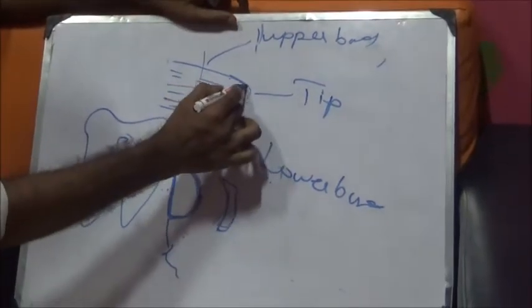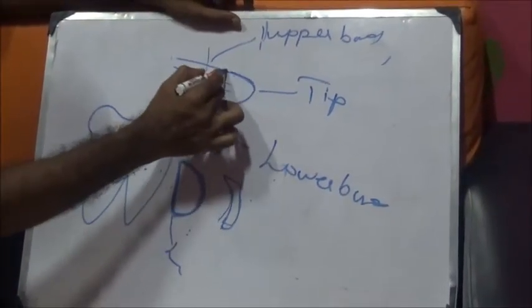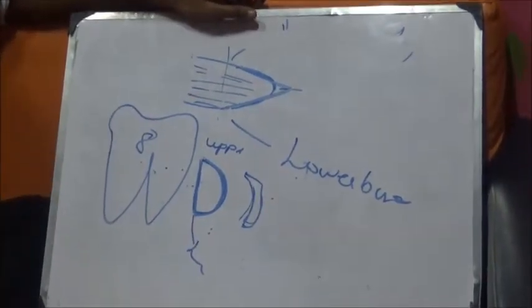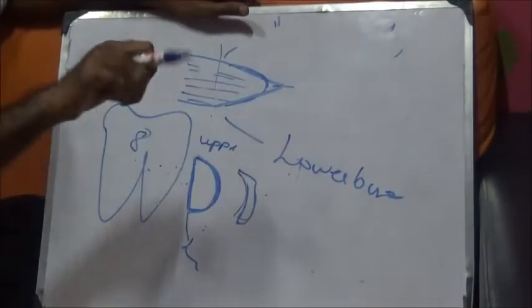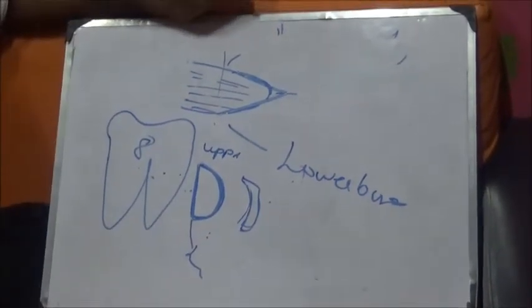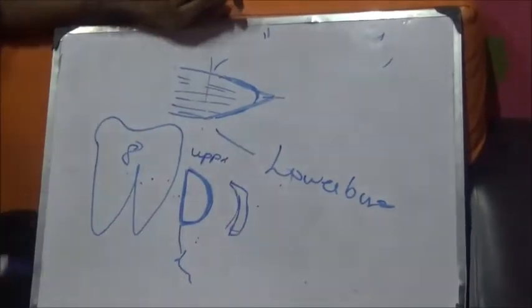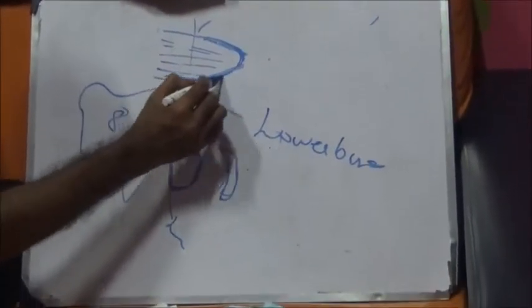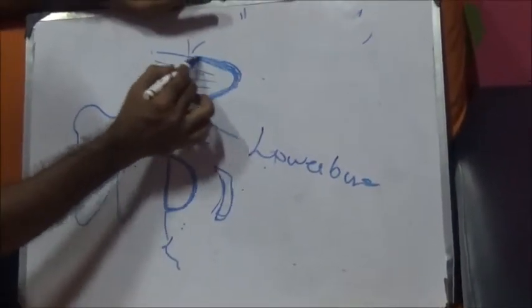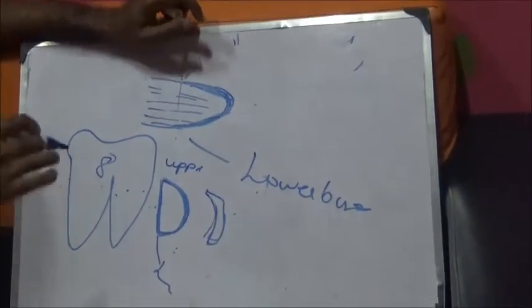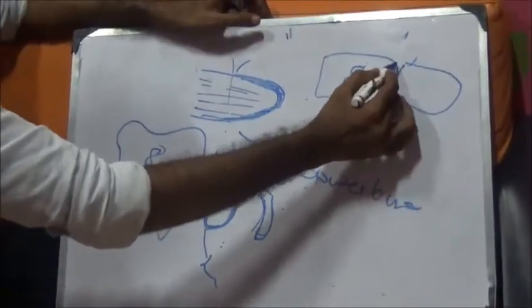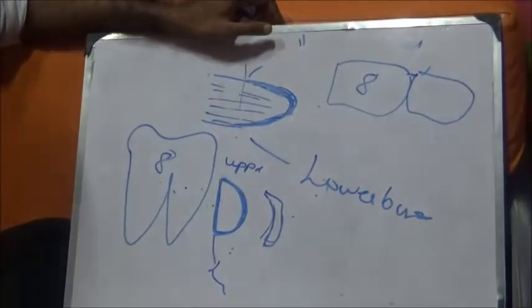So coming to the tip, how should the tip be? If the tip is too sharp, you can insert it easily, but it is difficult to use the elevator to remove the 8, and the tip may become blunt easily, it may bend. If the tip is rounded, you have got some surface here to engage the 8, but it may be difficult to insert deeper. If this is 8, if this is 7, our elevator should go only till here, or at least till here.